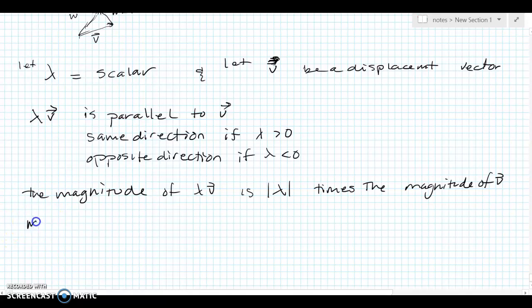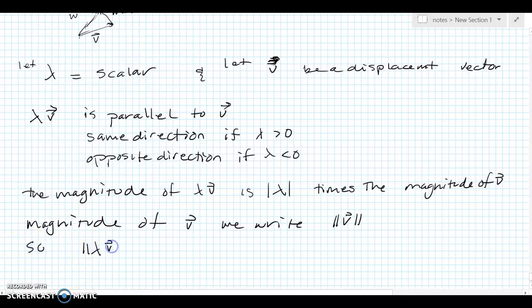Magnitude of V, we write that. So, magnitude of lambda V